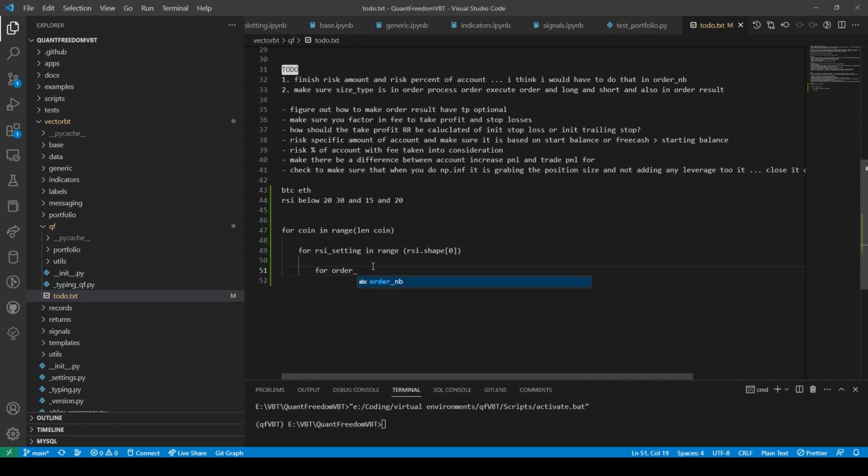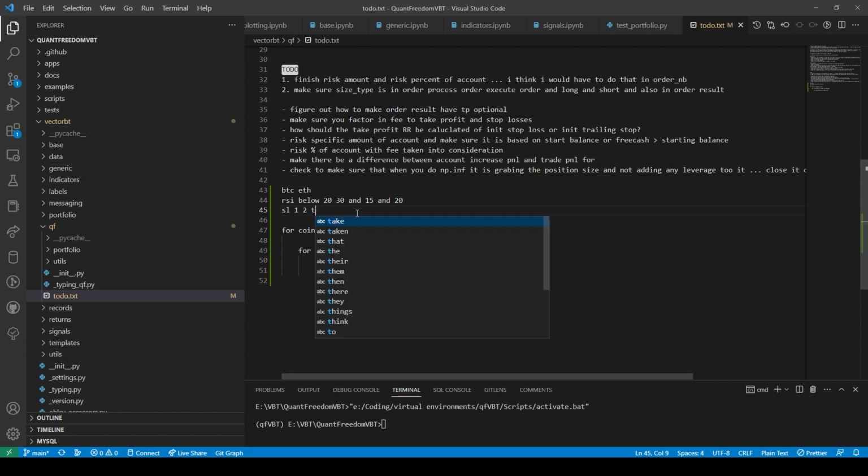order setting in range order. So here it would be like stop loss 1, 2, and then take profit 2, 3, 4, our risk to reward.